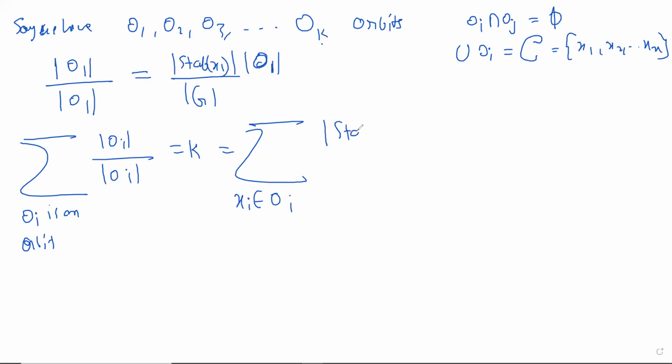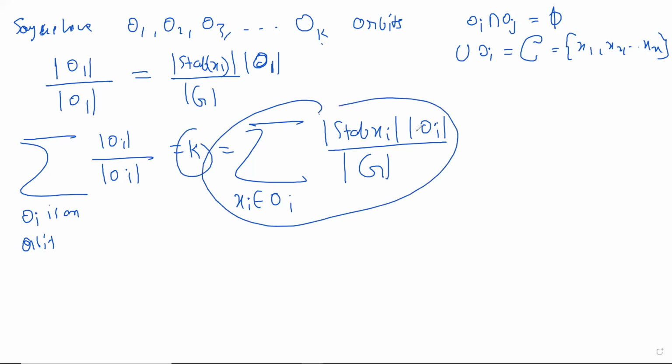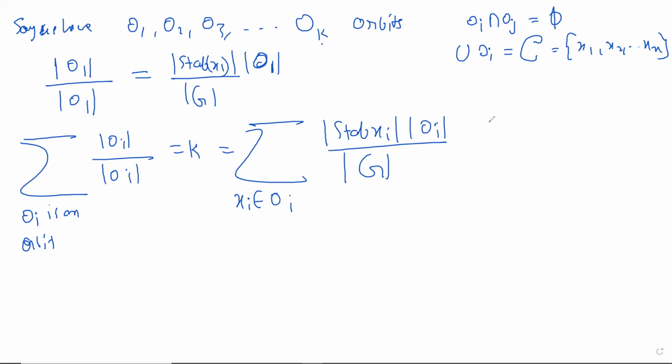So this will become the size of the stabilizer of that element times the size of that orbit, divided by g. The good thing is that the g is uniform here. That is the good thing for us. So now the k comes in terms of a more interesting thing. Now let's make it more interesting by further interpretation. Interpretation really is important. So all this was algebra, but at some point you would have to use interpretation.